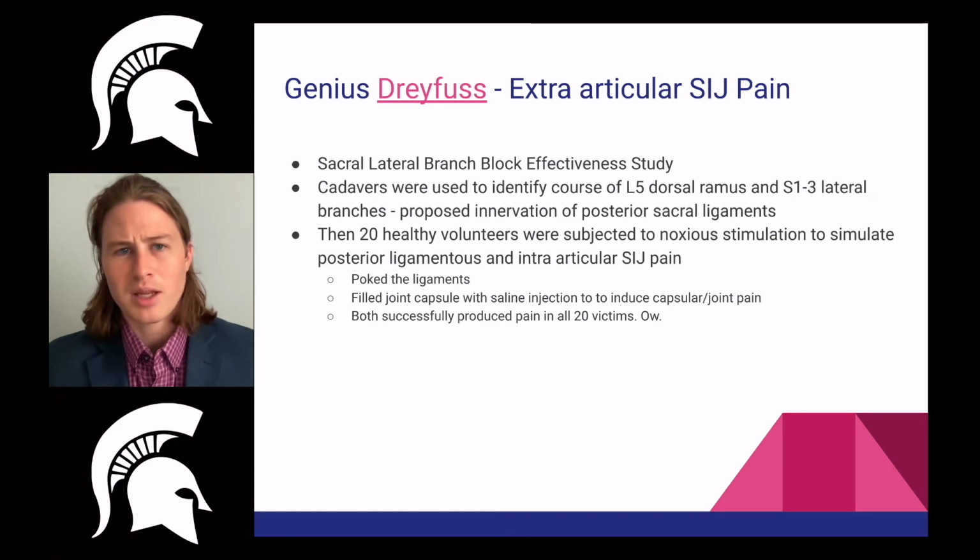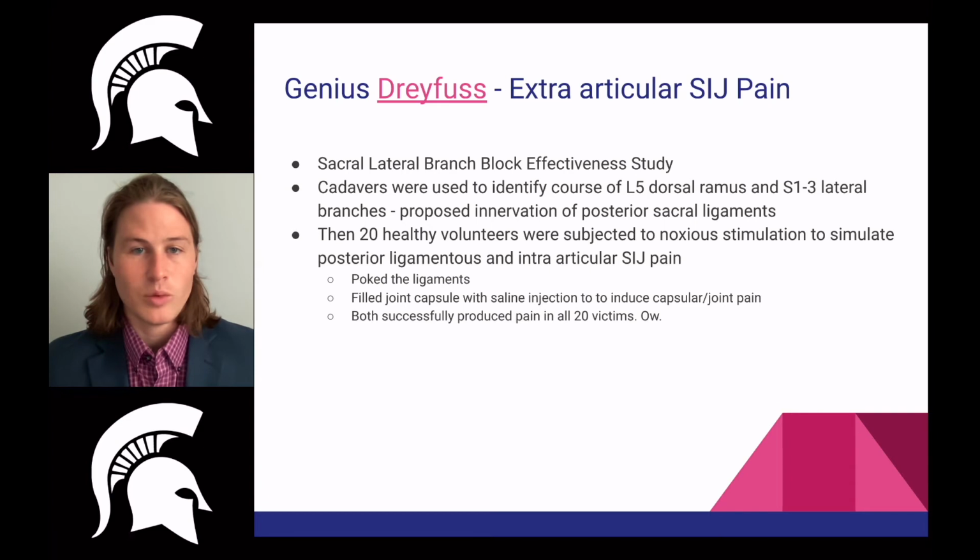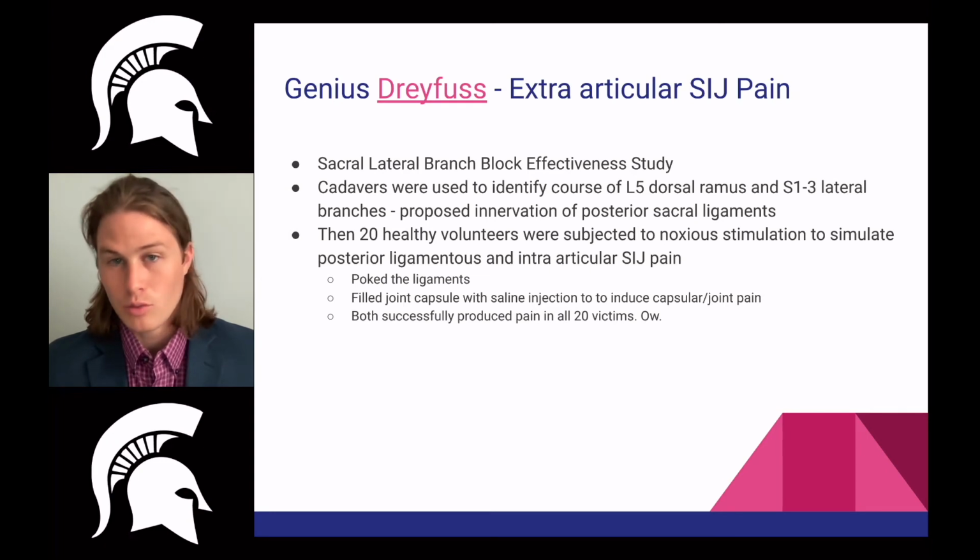So Dreyfus wanted to play with this possible scenario that the sacral ligaments may be a large contributor to sacral pain. So what he did was he looked at the effectiveness of sacral lateral branch neurotomy, specifically at the L5 dorsal ramus and the S1 through 3 lateral branches, which is what is thought to be the innervation of the posterior sacral ligaments. He took 20 healthy volunteers that were subjected to noxious stimulation along the posterior ligaments and within